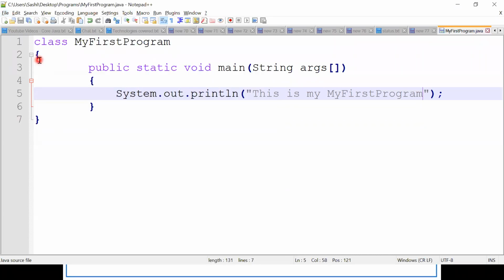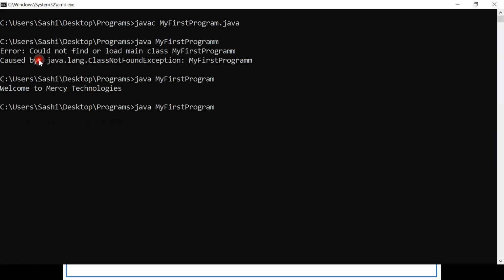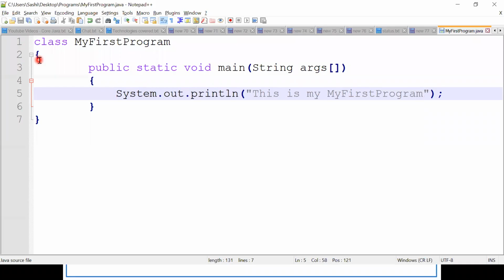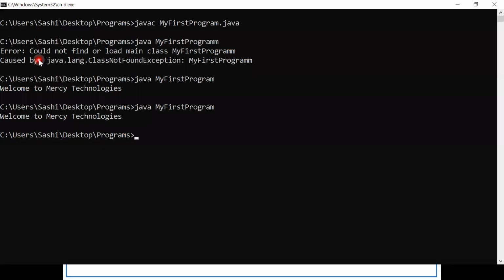Now every time I need to compile. Without compiling, if I run it, I will get the old output because only the old file will be there. So first I need to save it, then compile it. How to compile? It is simple: javac class name dot java. Compilation is a success.